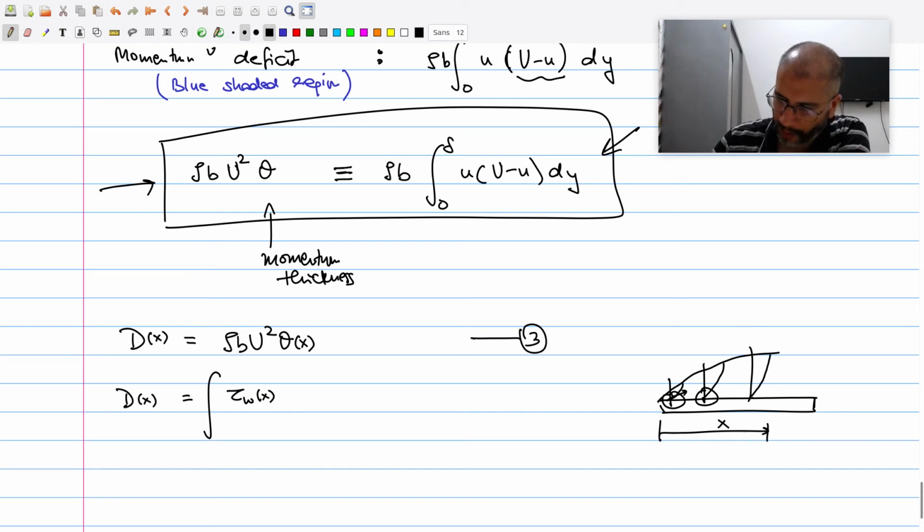Okay, the slope here is changing. So it's stronger here, gentler here, much gentler here. So shear stress is decreasing as you go from left to right. To find the drag force, we have to integrate tau wall times the area. The area is the plate width B times dx, and this is integrated from 0 to some x that we are considering.